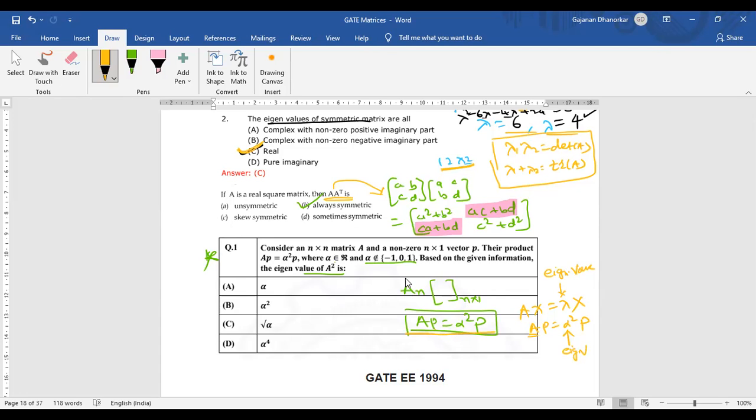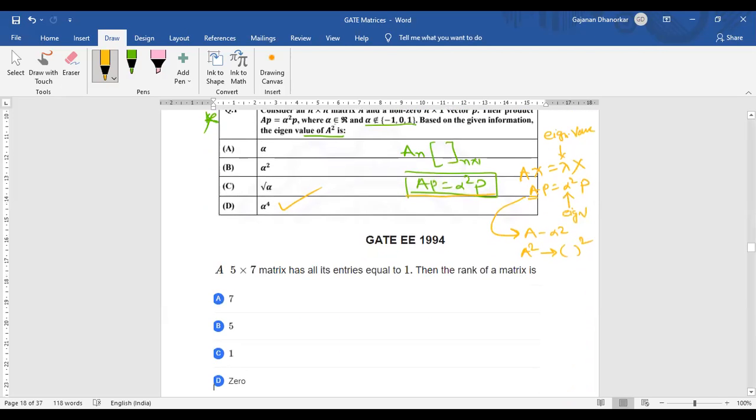अब अल्फा n डायमेंशनल है. एक तो आइगन वैल्यू पता है अल्फा स्क्वायर, एक के लिए एक आइगन वैल्यू पता है अल्फा स्क्वायर. देन व्हाट इज आइगन वैल्यू फॉर ए स्क्वायर? हमें पता है जो भी आइगन वैल्यू है उसका स्क्वायर करो, क्योंकि दिस इज प्रॉपर्टी. सही है ना? देन व्हाट इज योर आंसर? Alpha raised to 4. Oh, very good. Alpha raised to 4 means here only we have to use our this property, and then we will get